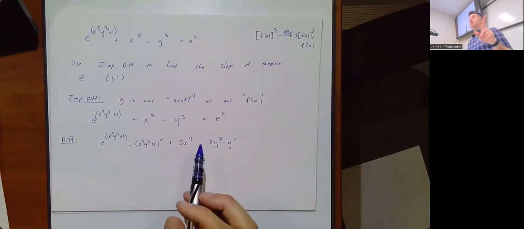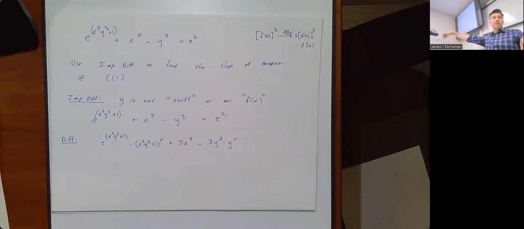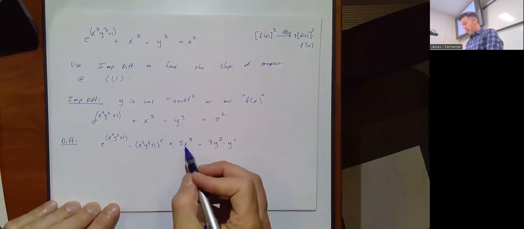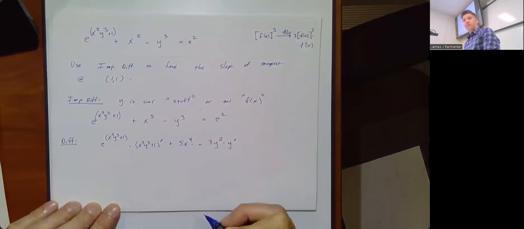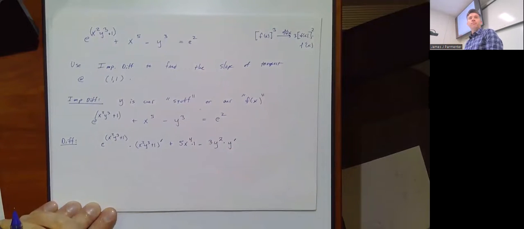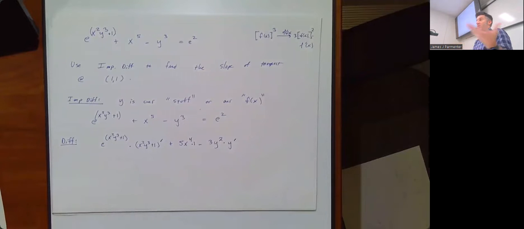Yeah. So the reason is we're assuming that y is a function of x, but we're also assuming that x is the independent variable. X is just x. It doesn't depend on anything else. It's doing whatever it wants. And so I could say, and I will say actually, the derivative of x to the 5th is 5 times x to the 4th times the derivative of x. Just one. So x is the thing whose derivative is just 1, where y is the thing whose derivative is the derivative of y, which is y prime.